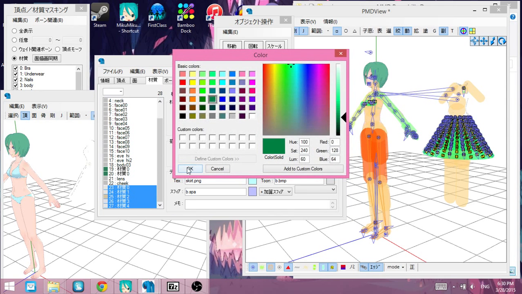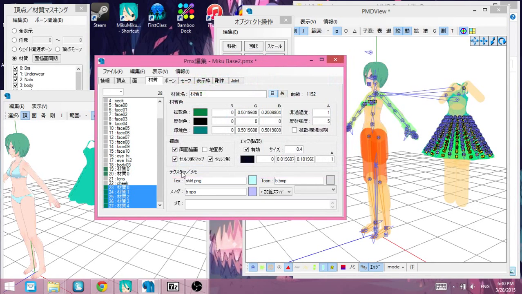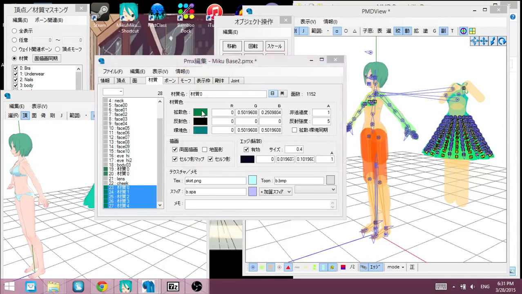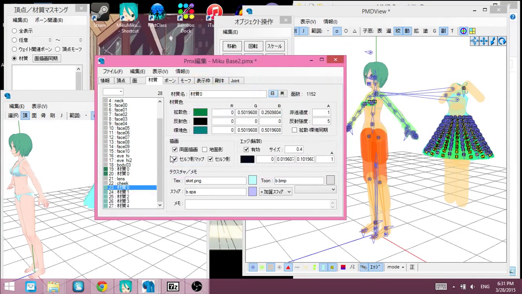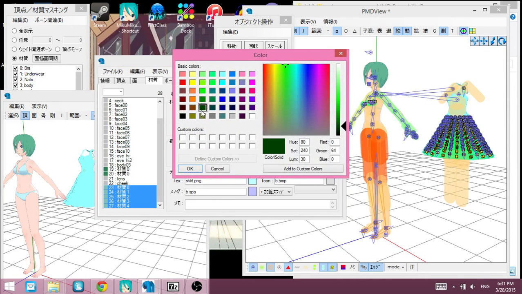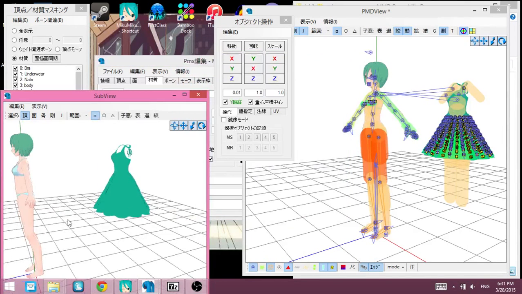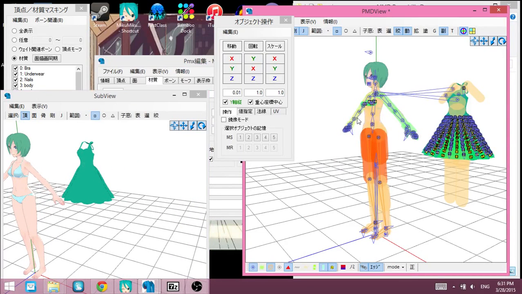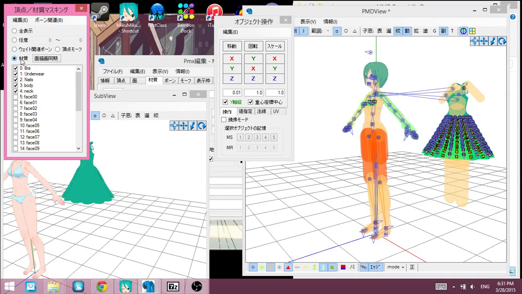And I'm going to give them a color so I can see them as opposed to the model, as you can see over here, which I just changed. These will change colors, and yeah, just colors. So now that I can actually see my dress, I am going to come over here,